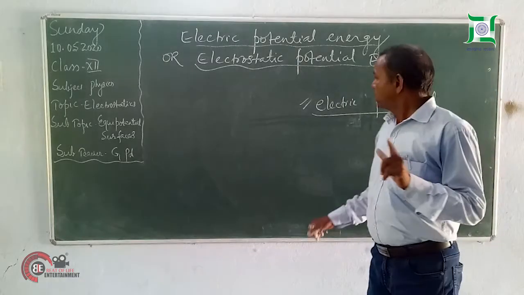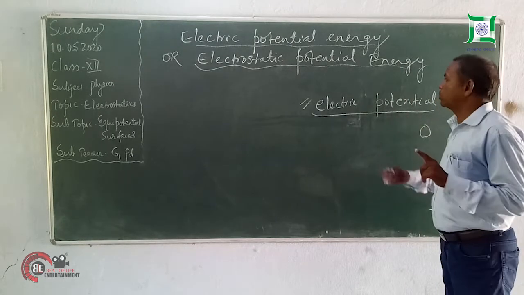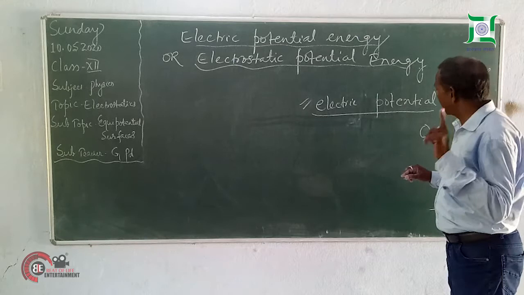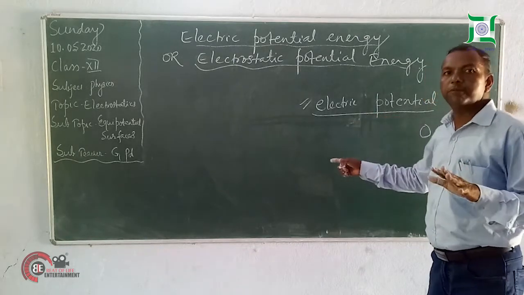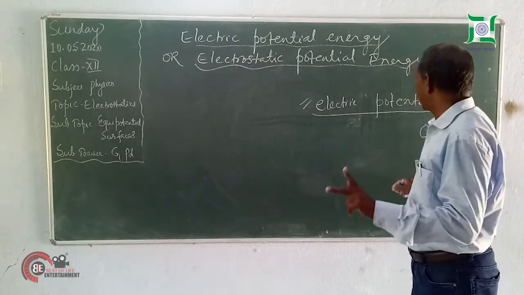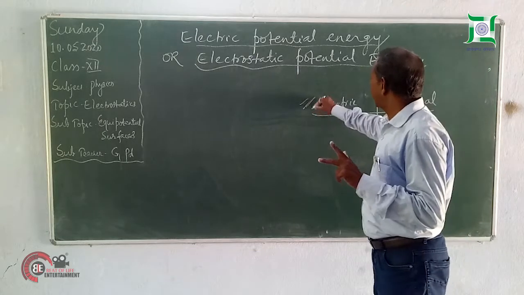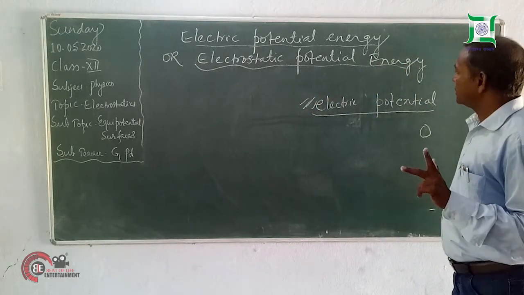It means कि किसी एकांक धनावेश को अनंत से किसी दिए गए बिंदु तक, किसी विद्युत क्षेत्र के दिए गए बिंदु तक लाने में जो किया गया कार्य होता है, that is defined as electric potential, उसी को विद्युत विभव कहते हैं।